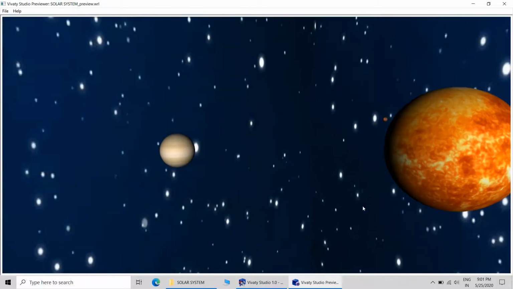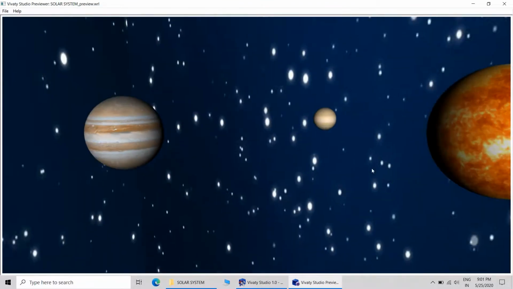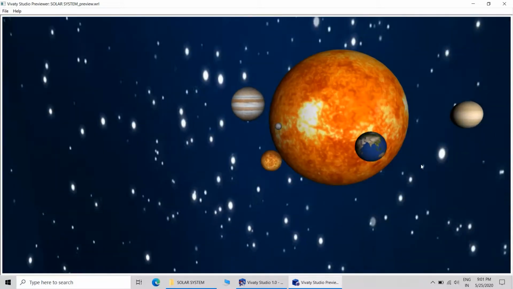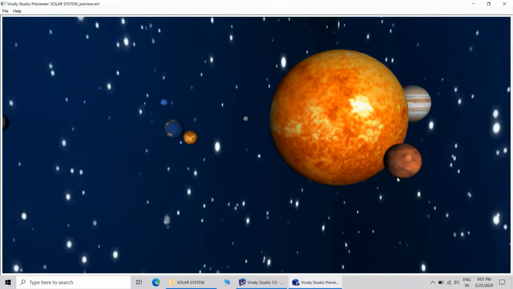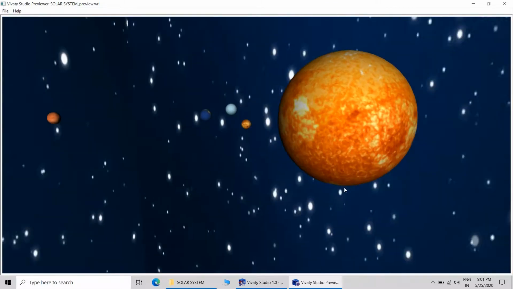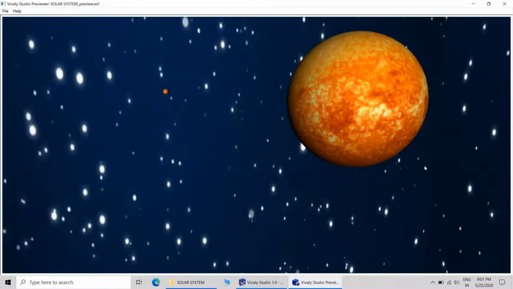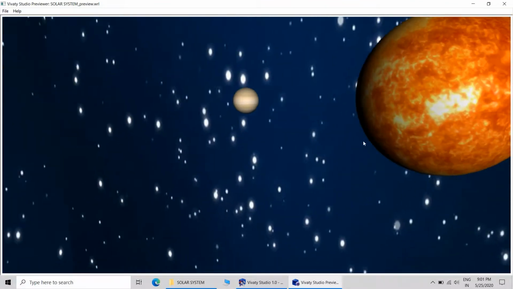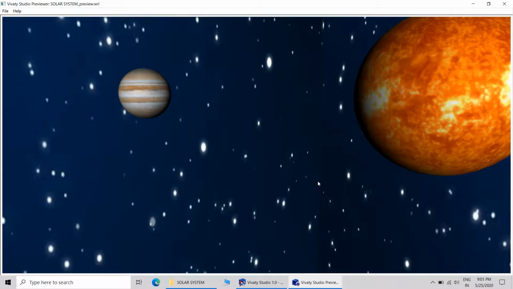The star size is actually quite bigger. You can avoid a bigger size of the star by using a texture which has a small size of the stars, so that we can focus more on the solar system, not on the revolving stars. Okay. So here our camera is moving, the planets are not moving, they are steady. Our camera is moving and it is taking a full circle around all the planets. So here we have demonstrated the camera movement.